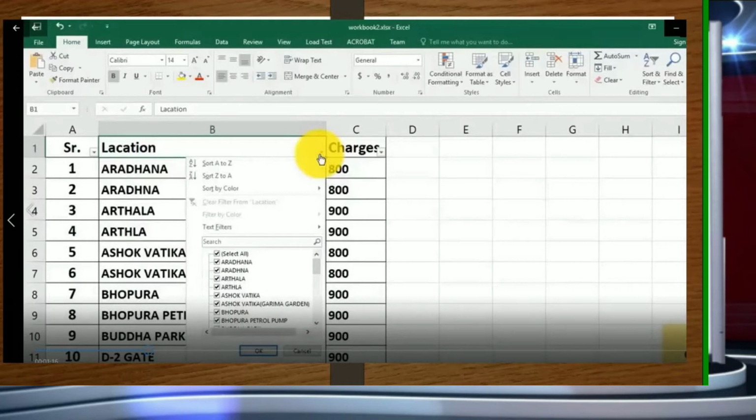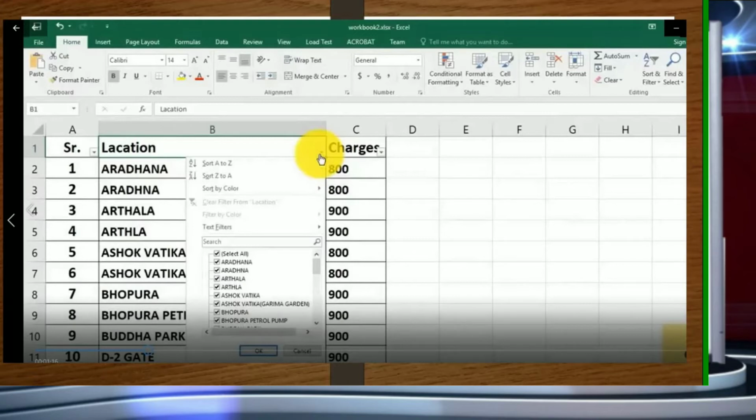Right now we have clicked on the location cell's drop down menu, and you will find this box on the screen. You can clearly see that we have the option Select All. Once Select All is ticked, all the records are selected, which means right now we have all the records on the screen. But now I don't want all the records on the screen. I want to extract just some data out of this data and see that on the screen. So that is your wish.